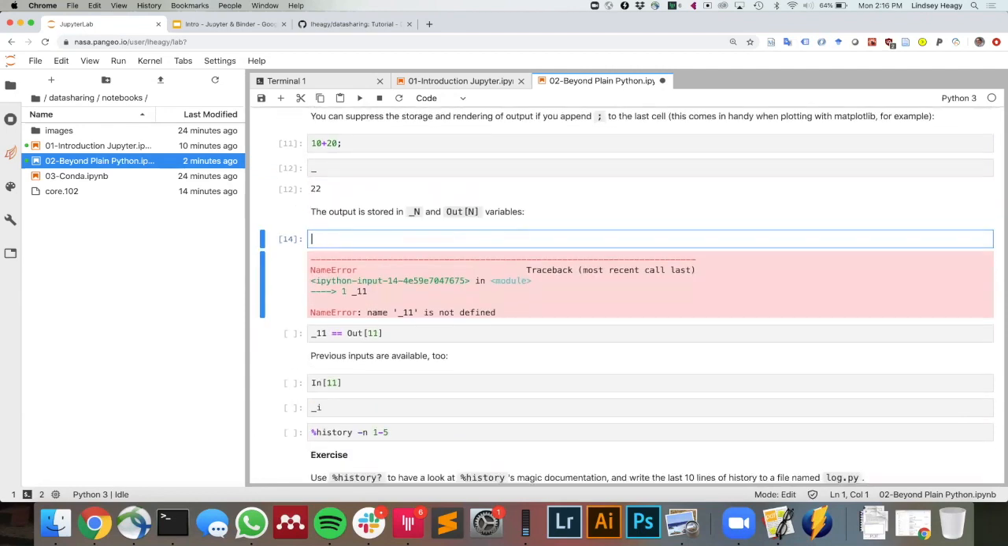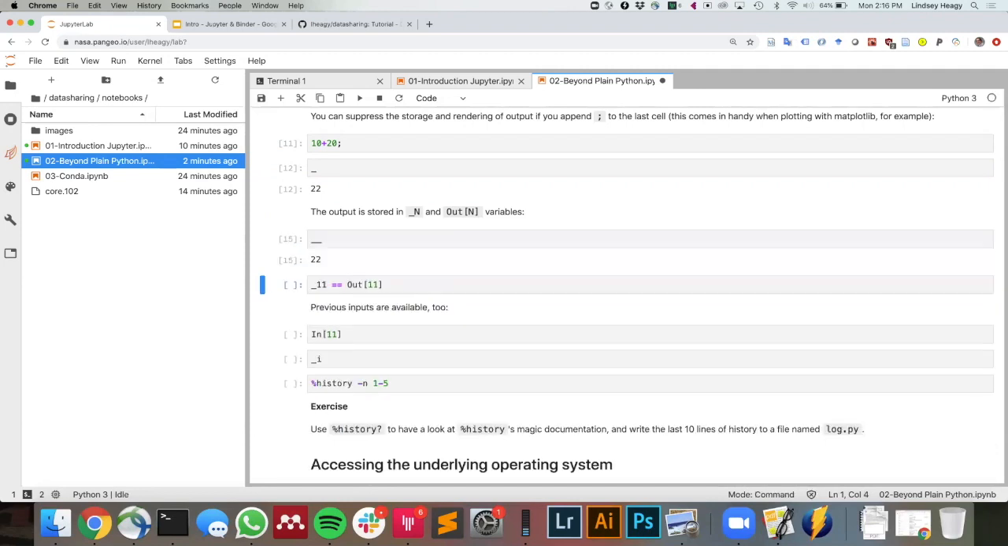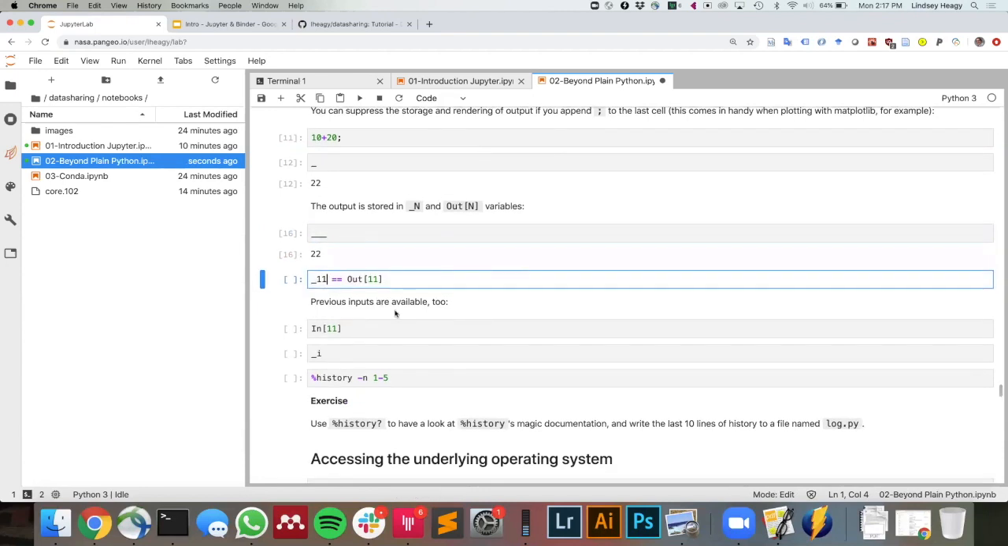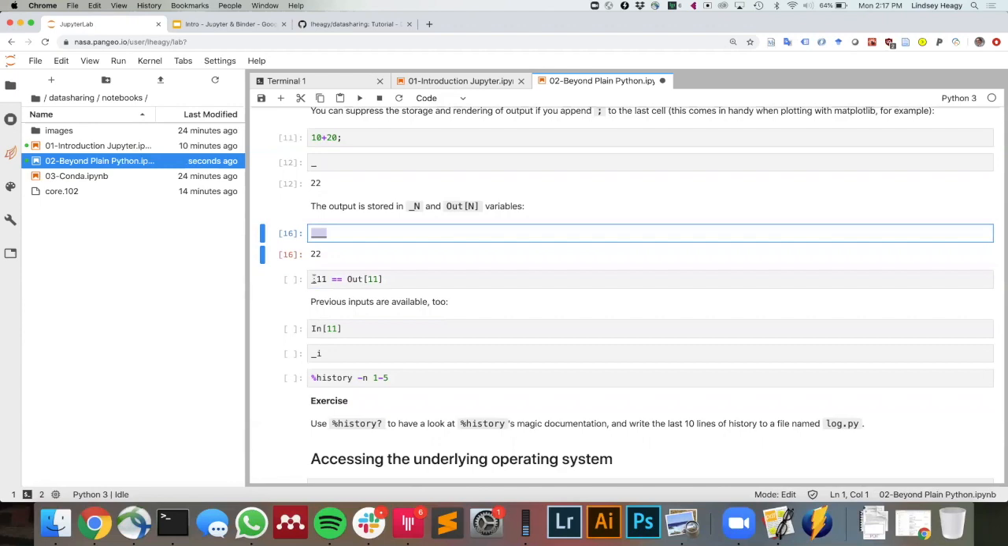Or I might not have run 11. If I go back, so if you do 2 underscores, it should go back 2 cells. If you do 3 underscores, it should go back 3 cells. And then if you go back further, they start to use the underscore and then a number. And that's the same thing as if you do out